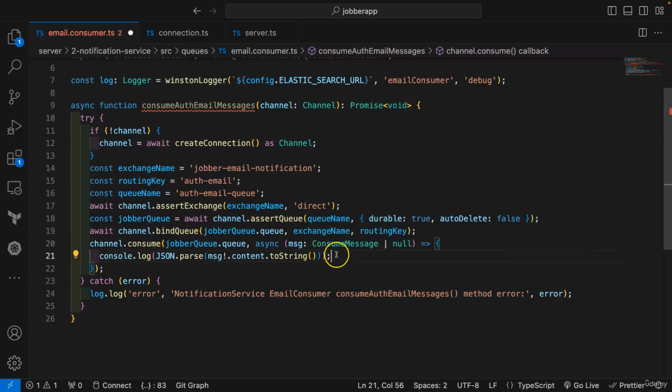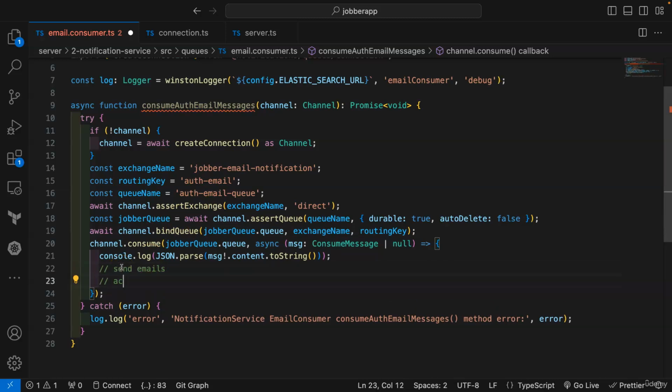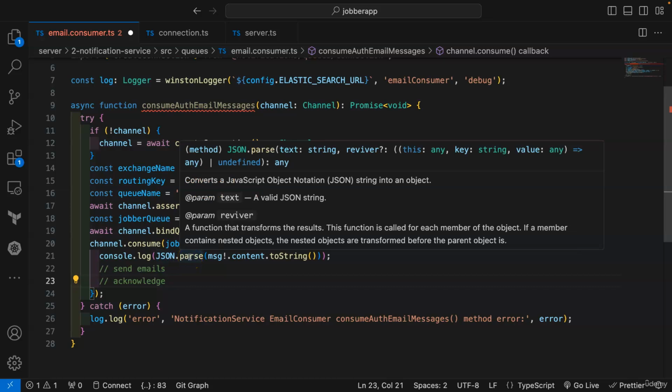Here we are not adding any acknowledge. If we send any message, we want to see it in the queue before we acknowledge them. I'm not adding it now; later we implement what we need to implement, send the emails, and then acknowledge. The data we need is going to be inside this content property. Then we convert it to string, and then using this JSON.parse we convert it back to its original form. If it's an object, because it's going to come as a stringified object, then we convert it back to